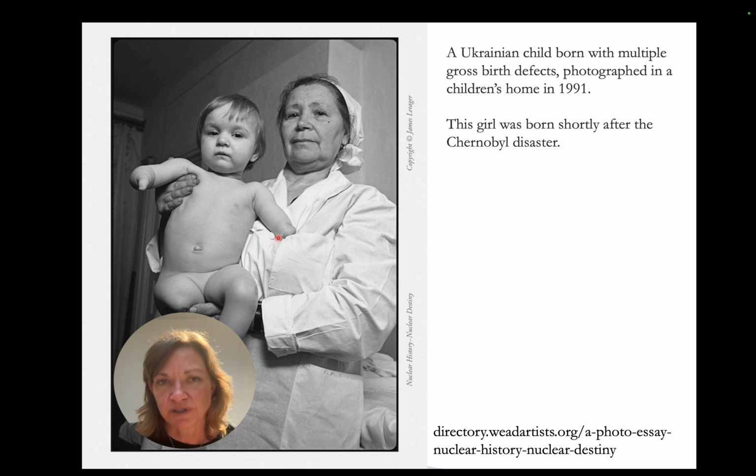And you can see when you look at her, the first thing that's obvious is that her limb development is truncated. And she only has one sort of half-formed digit on her right arm. So those are gross birth defects. She may also have other defects that we can't see, errors in or delays in cognitive development or social development, for example.